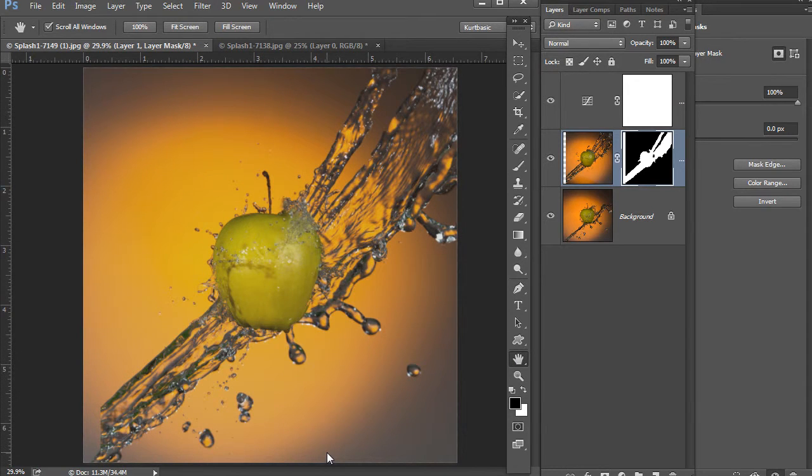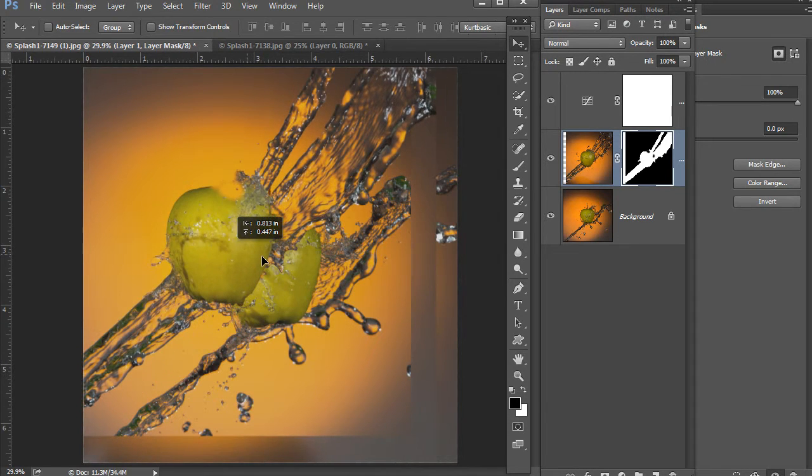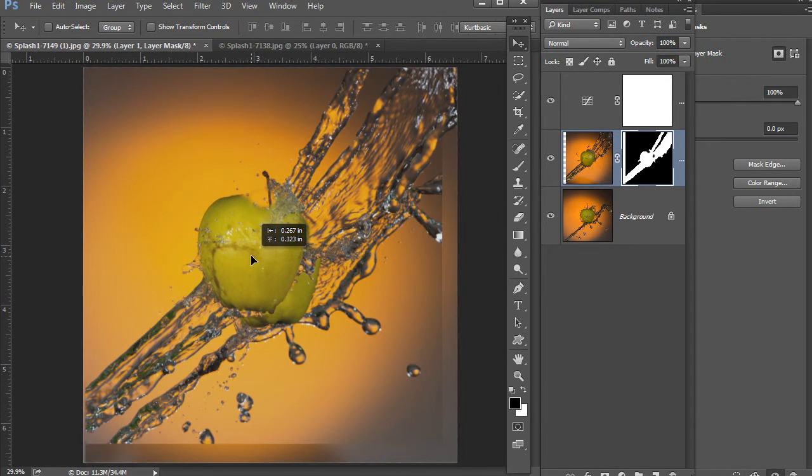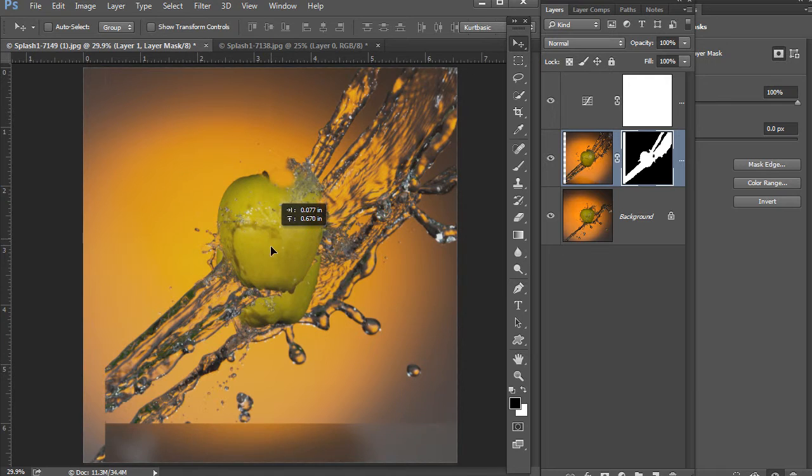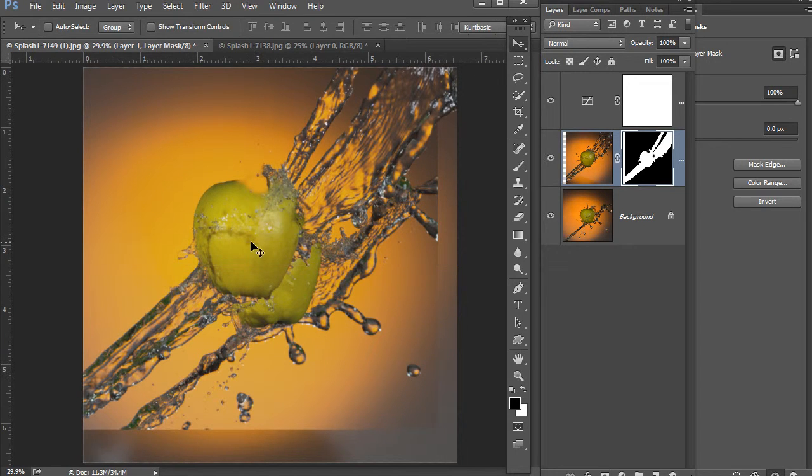So you can see that that doesn't look too bad, and that we can move that independently. Of course, if we move it, the apple comes back, which is going to influence, but we can either brush that away